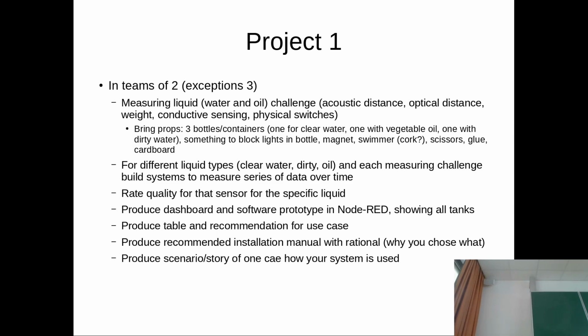And then you will actually start measuring and calibrate and try to make predictions of whether this would maybe work on a boat. And then you will actually start doing real experiments. You will check out with each of the sensors you have chosen how well that performs for the different liquids in the task. So make a big table, document your process while you are doing that. Because in the end,